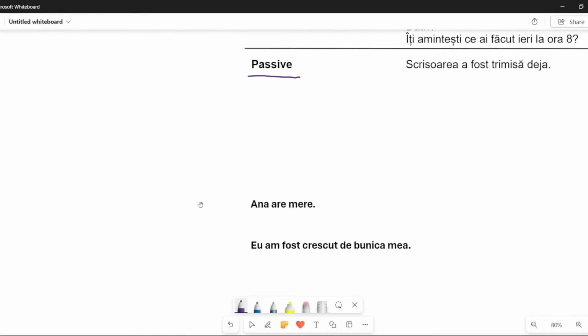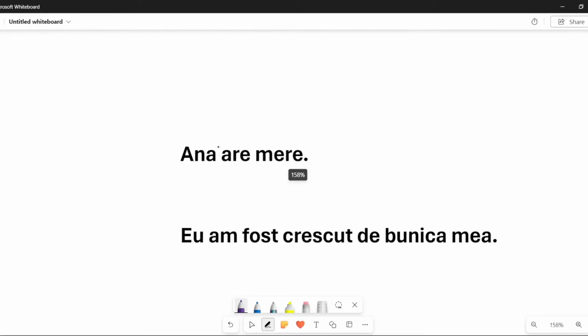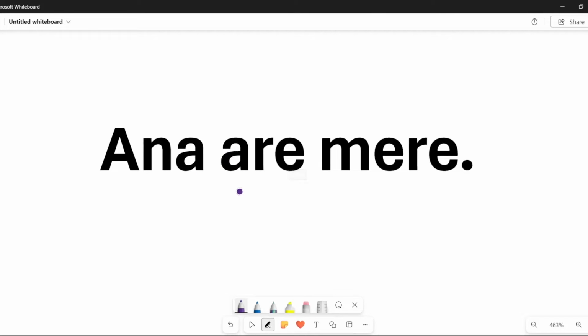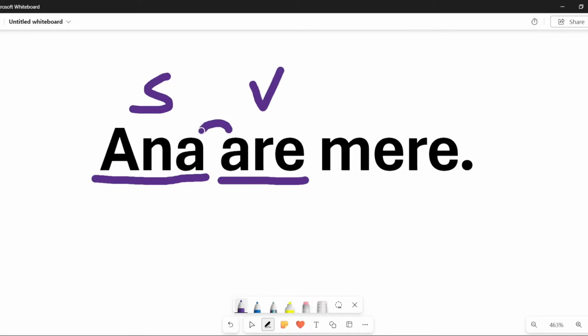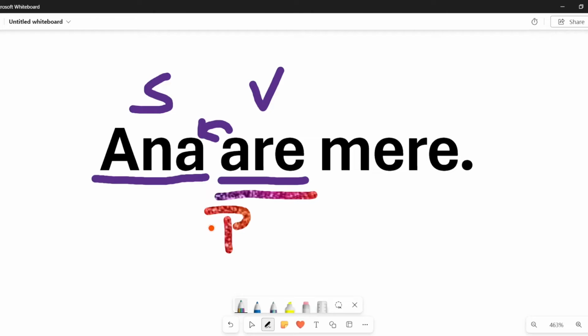For that, we need to show you a couple of examples. In the first sentence here, Ana are mere. It is quite clear that Ana is the subject, the one who does the action, and are is the verb or the action done by Ana. Are is in the active voice, indicative mood, present tense, which is also a personal mood,